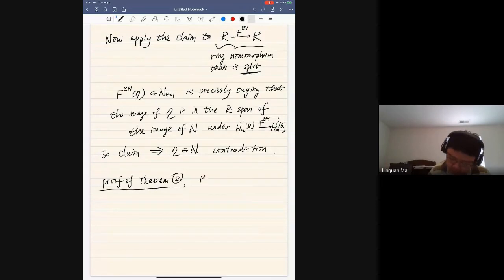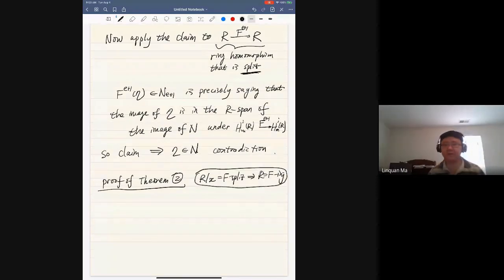Right, so let me recall. The thing is that R mod X is F-split implies R mod X is F-injective. This is the thing I wanted to prove. So the point